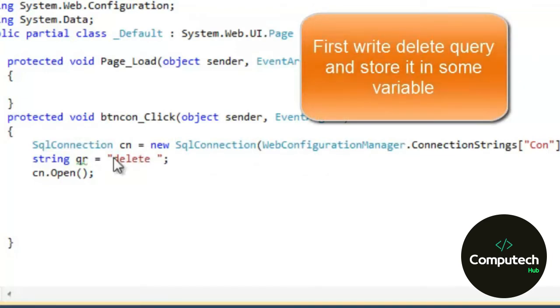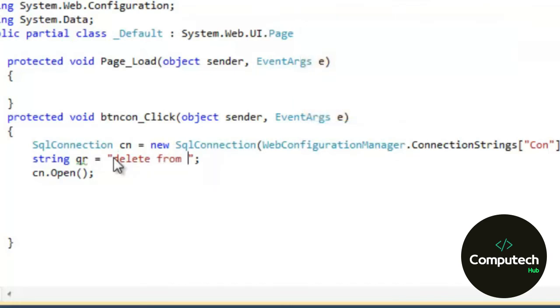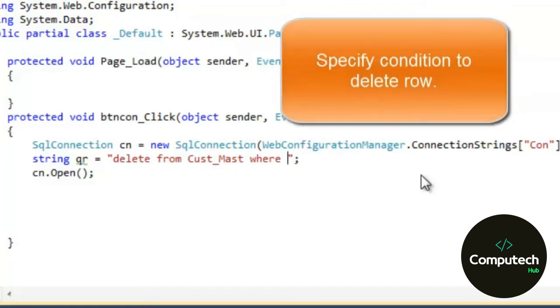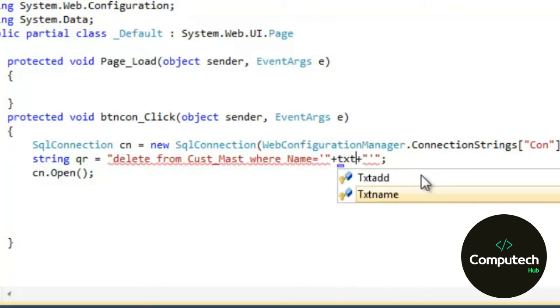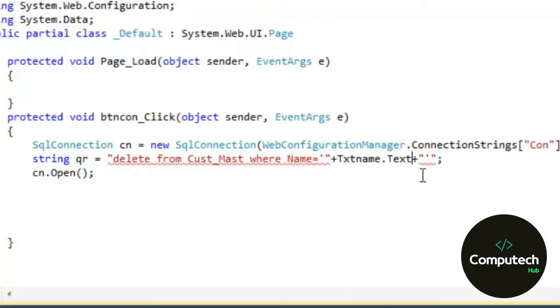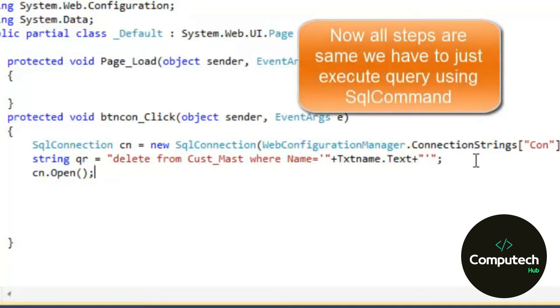I am writing delete from table name which is customer, delete from customer must where name is equal to the name which is entered in text box txtName. So the name which is entered in this text box which we have created in the form will be deleted from the must table. Now open the connection using cn.open function and create SQL command cmd